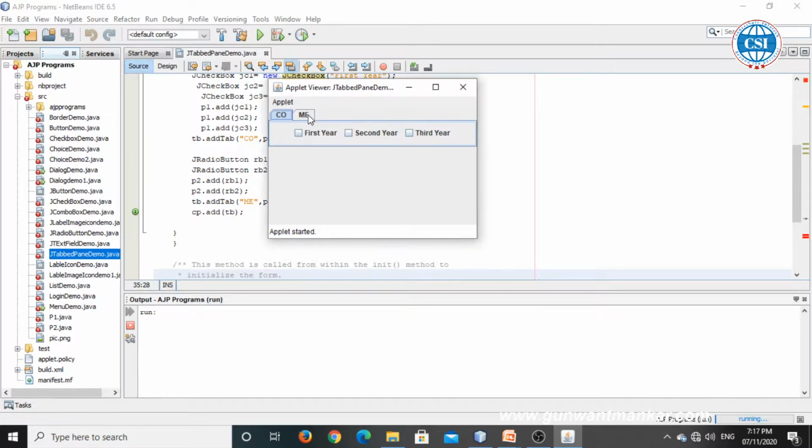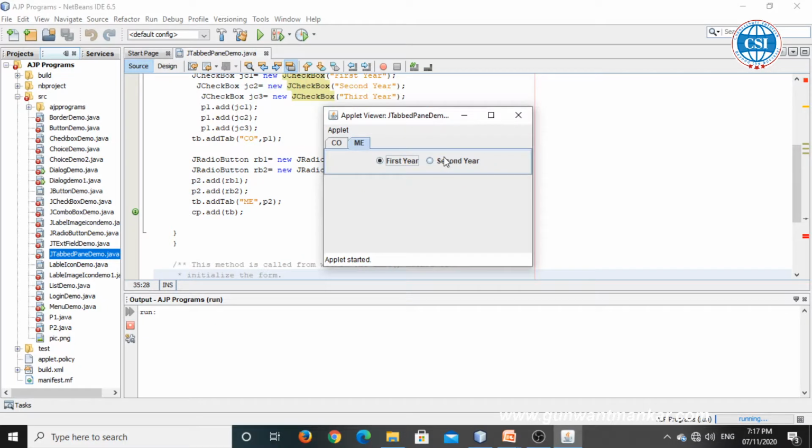When you click on the ME department, it will show the two radio buttons, and when you click on the CO department, you will see the three check boxes. So this is the use of the tabbed pane. You can use it in the program and for designing web applications. The tabbed pane is an advanced component in the Swing package.